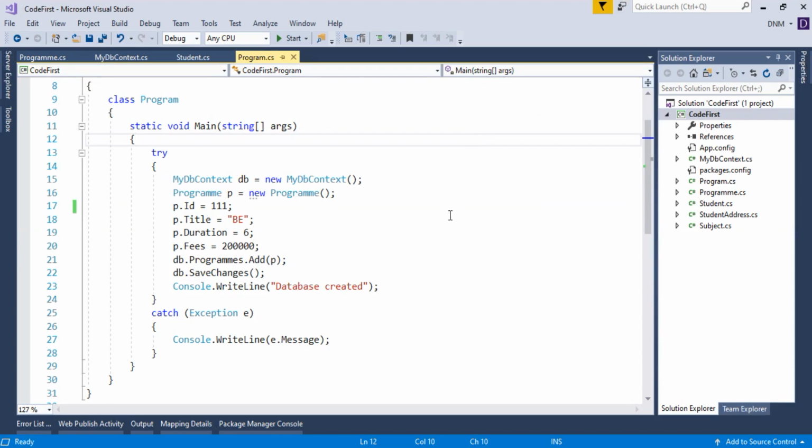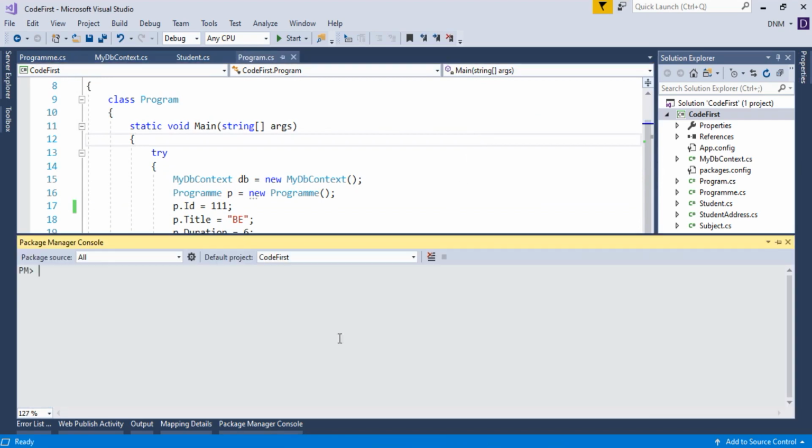Here you have to go to the package manager console. Just make sure that you have selected the proper project. Since we have only a single project here, there is no necessity to specify the project name. Whenever we are working with a multi-tier application, you have to ensure that you are choosing the correct project. Now the first command, as I told, you have to call the enable-migrations command. Enable-Migrations. Hit the enter key.